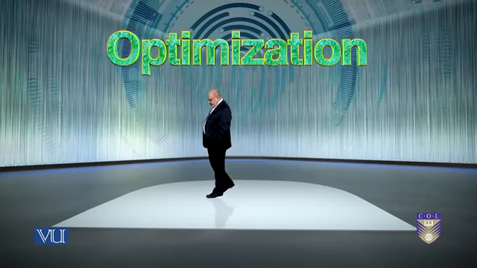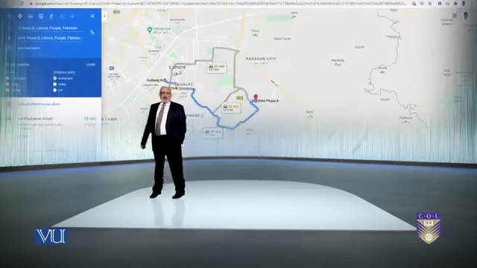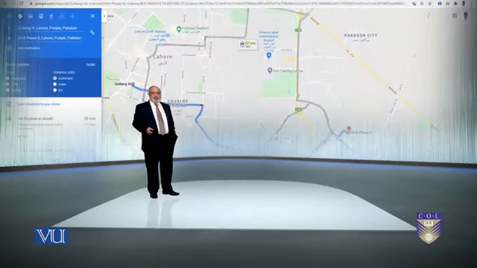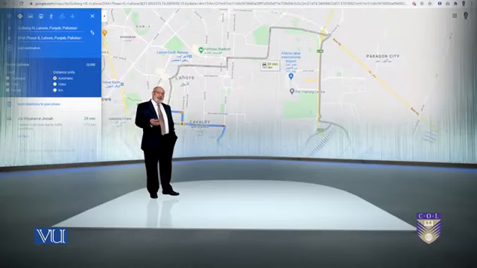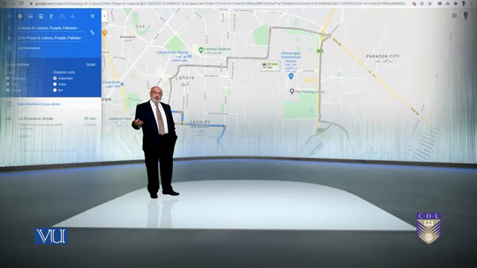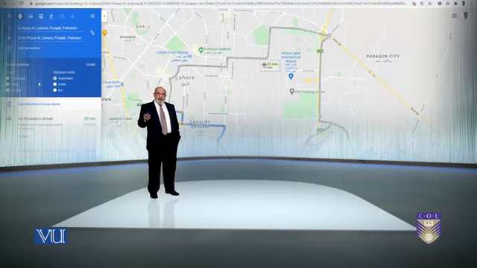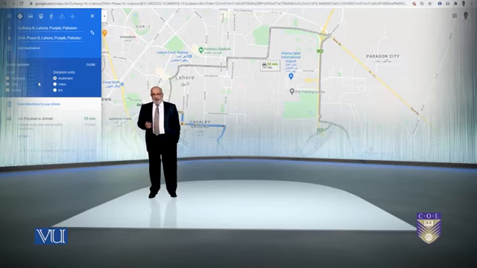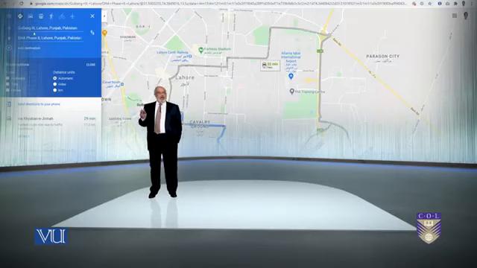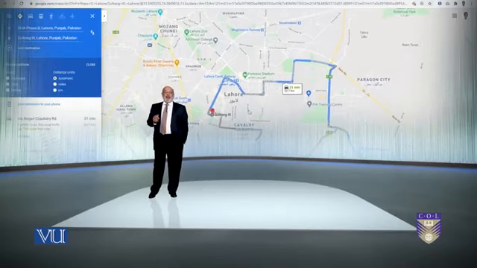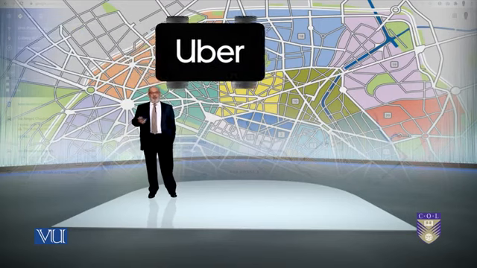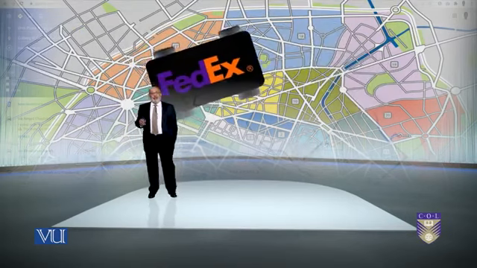What is optimization? Optimization is trying to determine the best route from your home to your office, right? And what is the time? So if you were to go to your office in the morning, 9 o'clock, what is the best route? And that optimization tells you to choose the following sequence of roads, and you will get to your office in time. There could be several routes to your office at 9 o'clock, but which is the best route, the shortest route, right? So that is optimization used by Uber and FedEx and so forth.